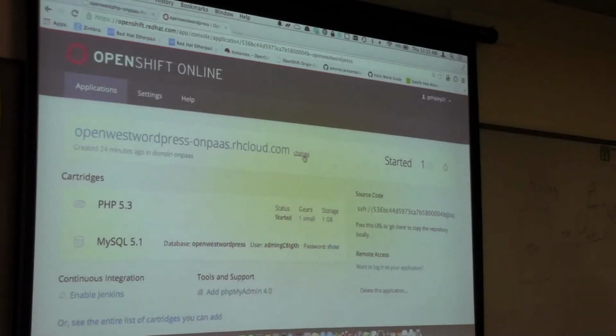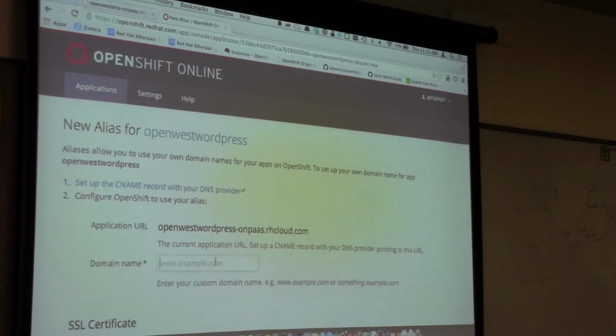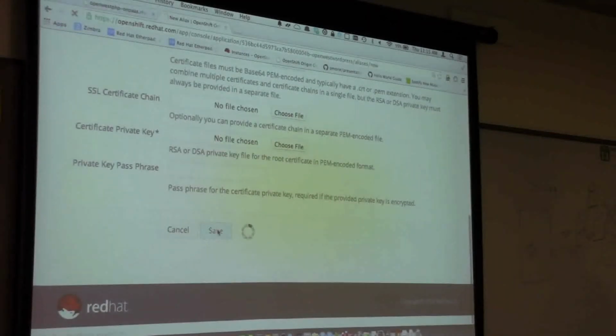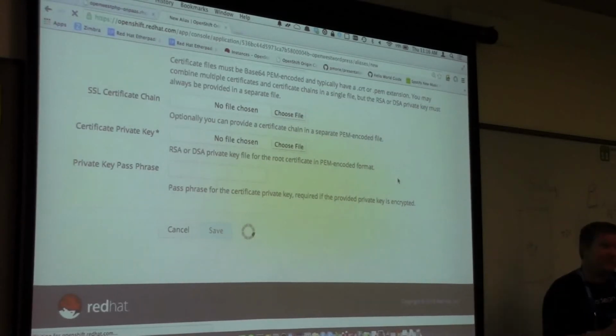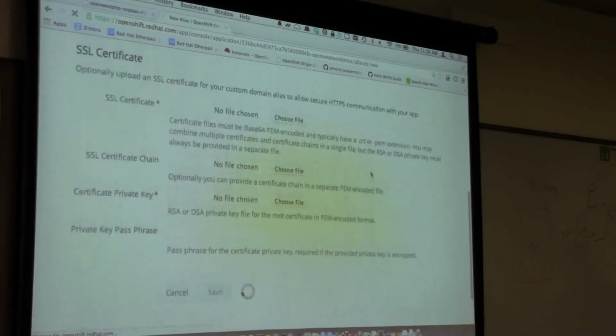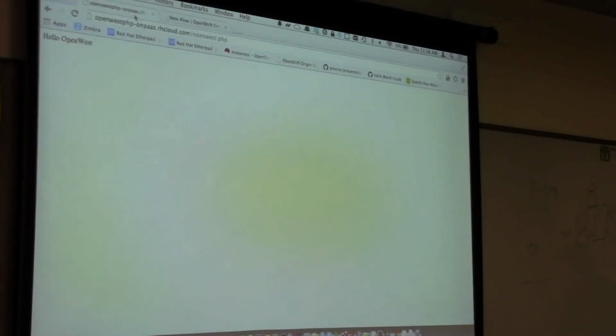Here's our Openshift WordPress. And just click the change button, and we want to call this Openwest. Or you can upload my SSL certificates, click on save. And assuming that you own that domain name, which I don't, so this won't work, it actually creates a vhost for you, but you are still responsible for creating that CNAME record with your DNS provider to point traffic to your server, and then they'll start responding on that URL that you provided. Okay.